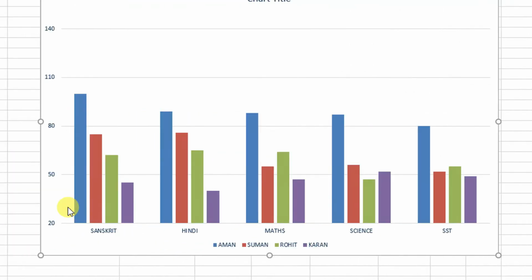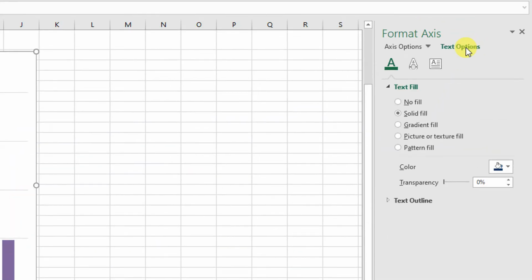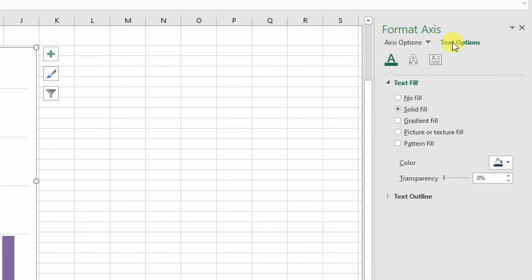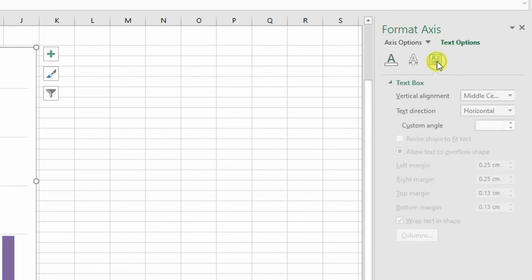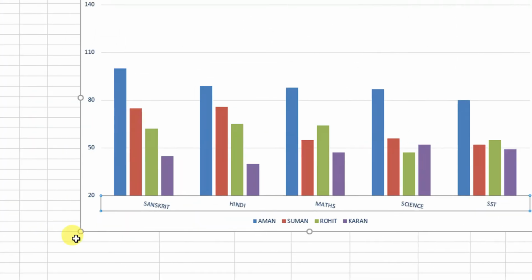For that we will go to the text option of this format axis and click the text option here, and under the text option you have to click this text box. From here you can change the angle of your text. As I increase it, you can see the angle is changing.